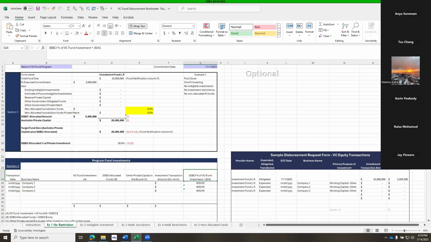Okay, so now let's go through with actual numbers. The investment LP made investment into 2 companies. The first one was on March 1st, 2025, and the investment amount is 100,000. SSBCI allocated was 20,000. And other private capital investing alongside this VC fund investment was 200,000, for a total investment of 300,000. As you can see, the calculated percentage in column G is 20%, which is the same as the 20%